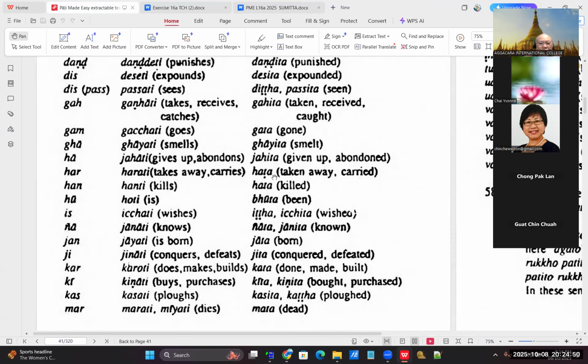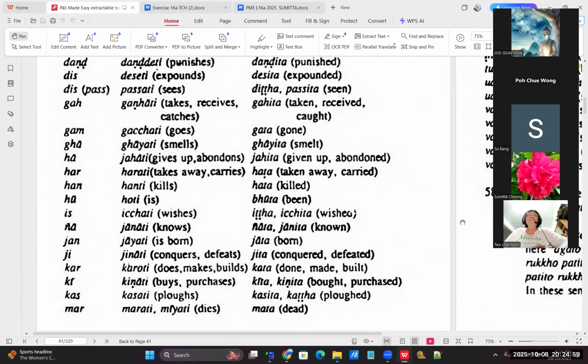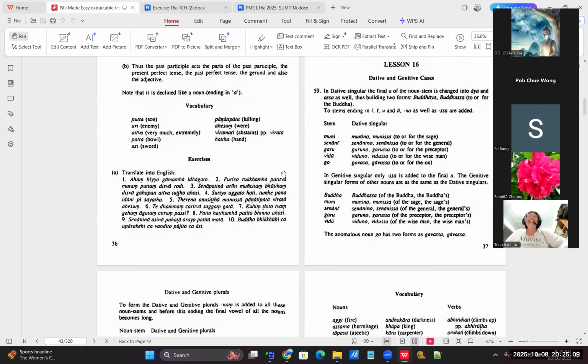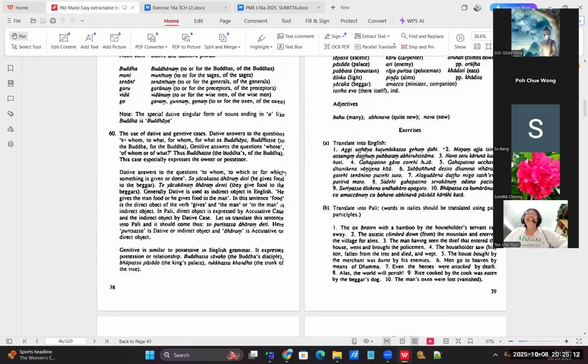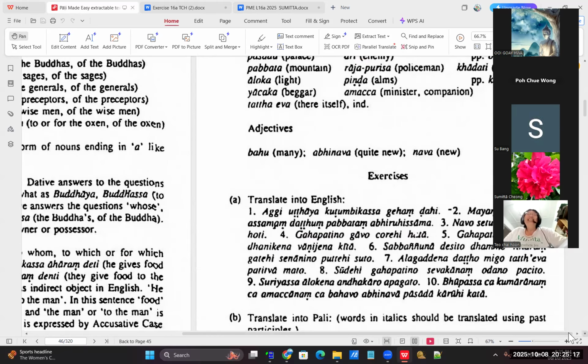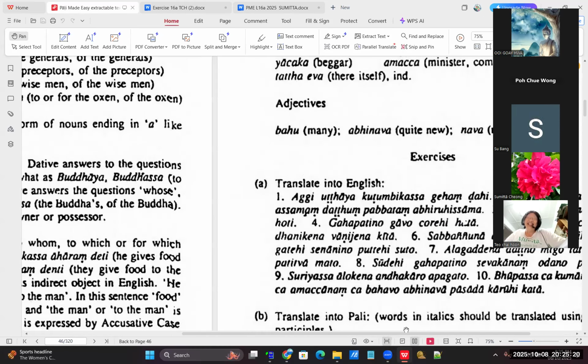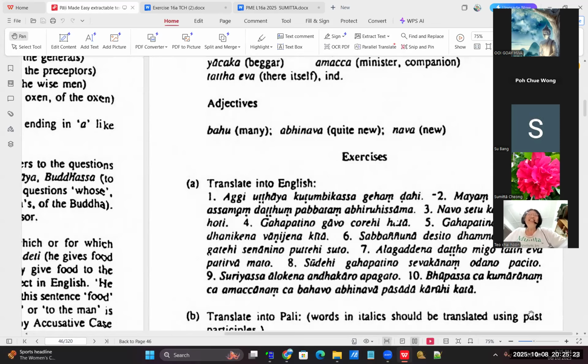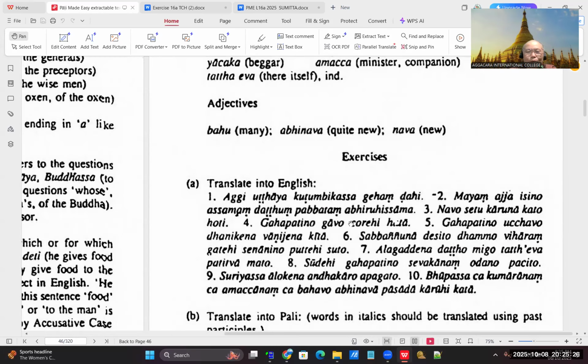Han, har, hatta with the dot is correct. Han, hatta without the dot is not. That's why you are wearing specs, right? You miss out the dot. It's carelessness, it's not because of the specs. So make sure in your exam you don't give me too many careless mistakes. When you are more advanced, I'm going to be more strict. For the basic class or diploma, I'm actually very lenient because it's a basic level. For the intermediate level, I will be more strict. Don't make so many mistakes.